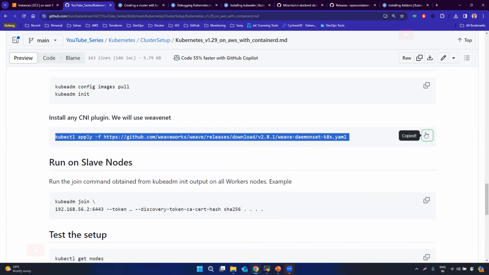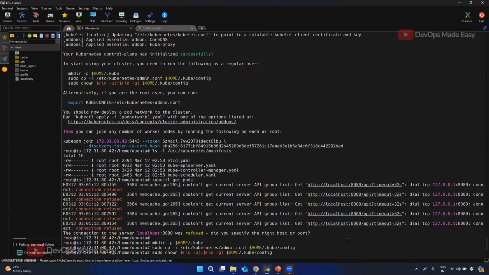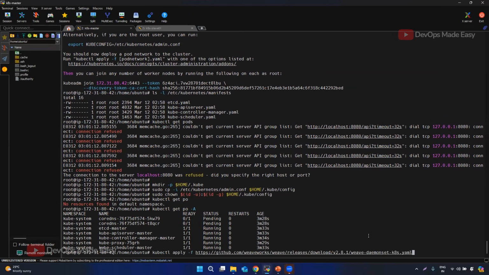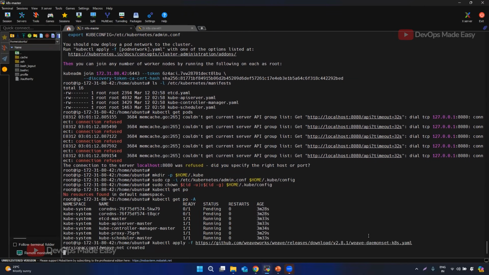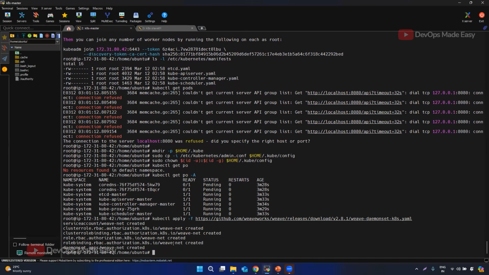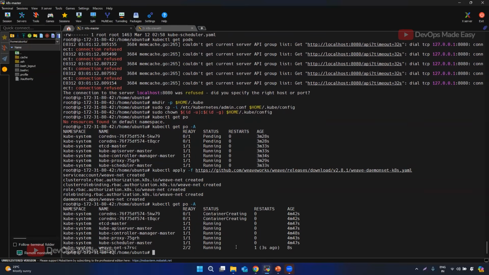I'm just copy-pasting it in my master node. It is only required in the master node. In fact, this container networking will also run as a pod. If I get all the pods,